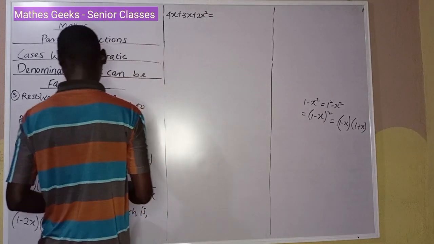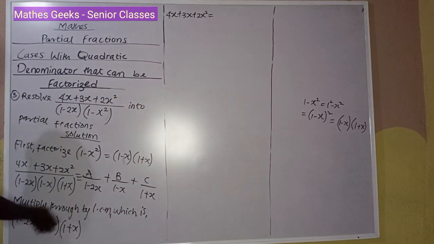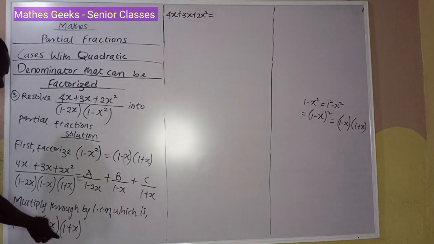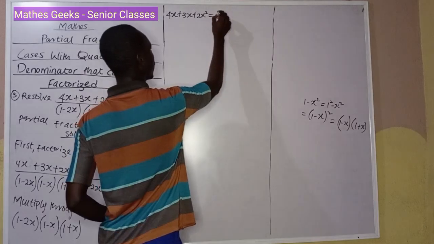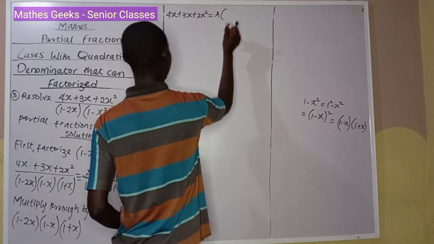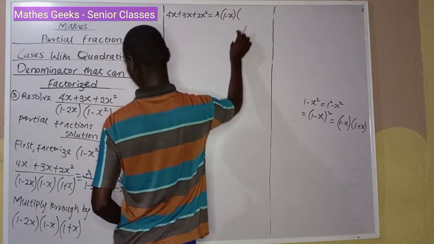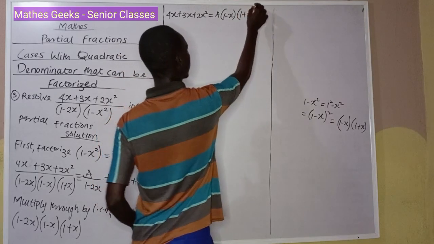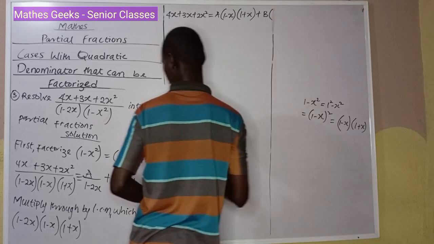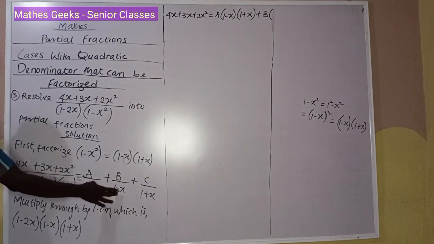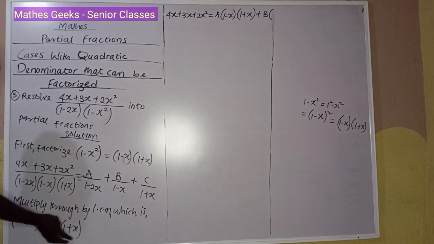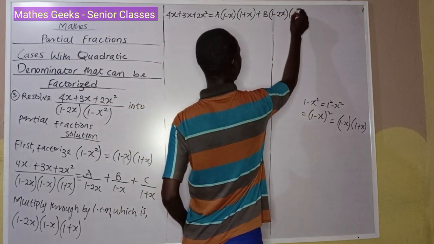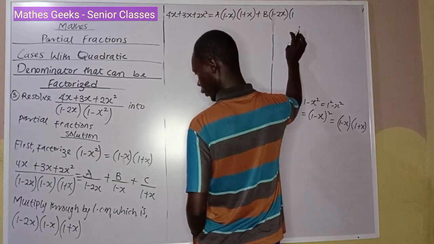equals to, and then by the time this part multiplies this part, this 1 minus 2x will eliminate 1 minus 2x, so we don't have these two parts left. That gives us A times 1 minus x and 1 plus x, plus B. For B, this part will eliminate this part. We're going to have this and this. That's 1 plus 2x times 1 plus x